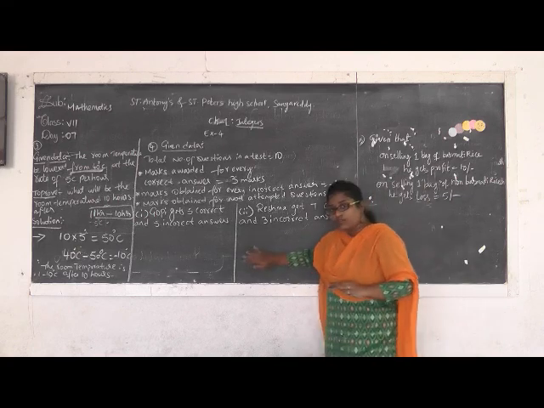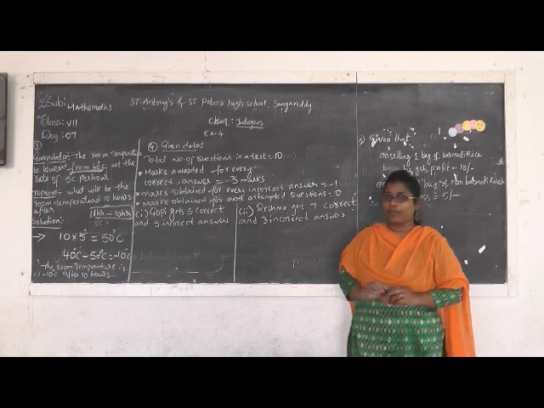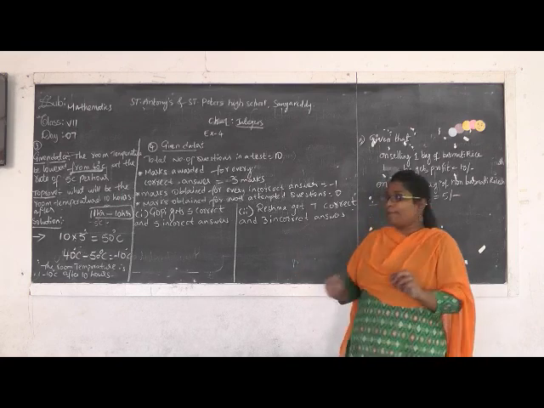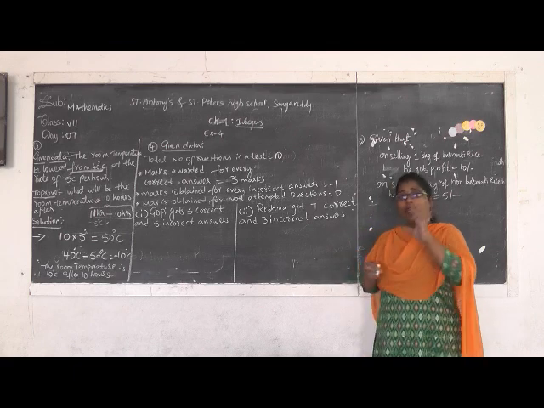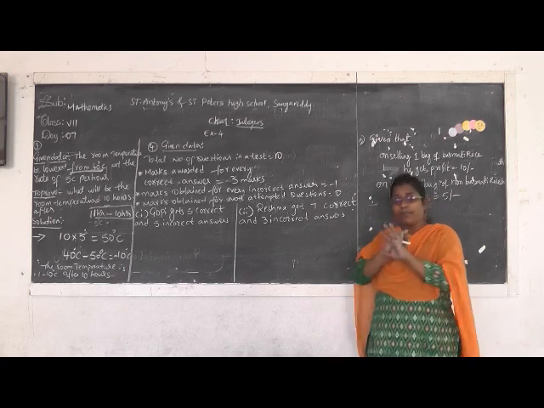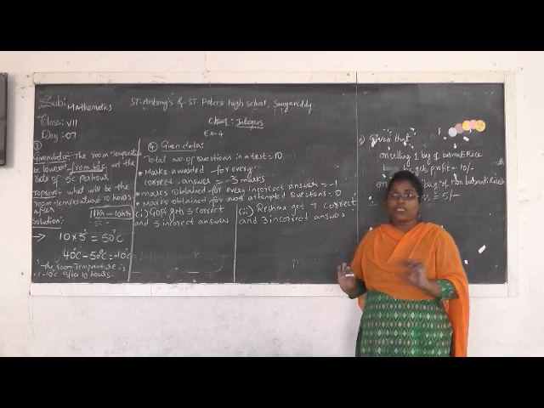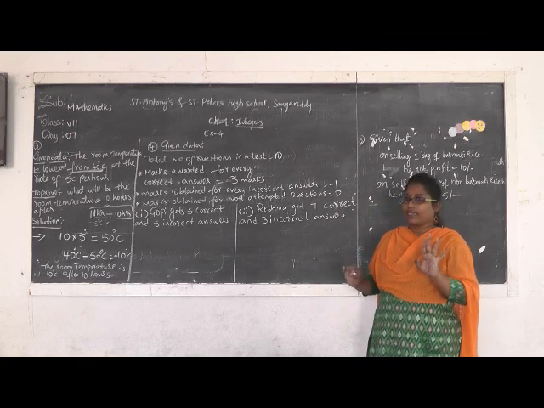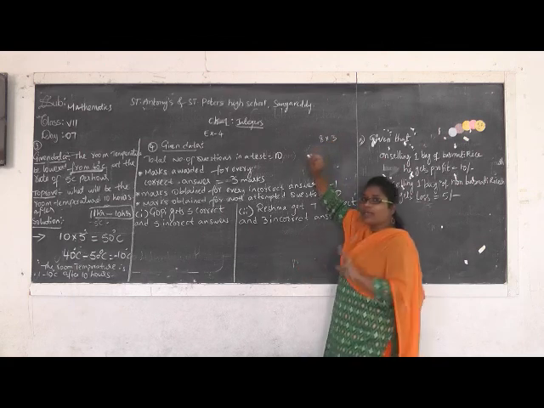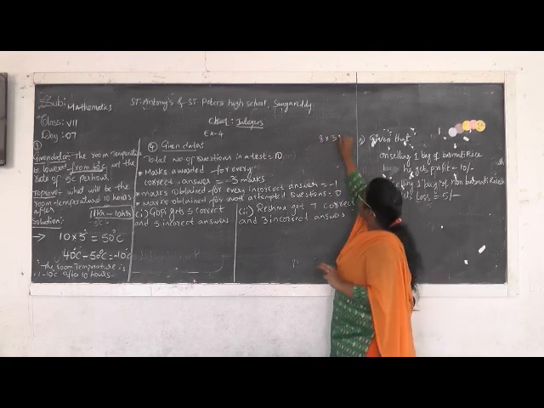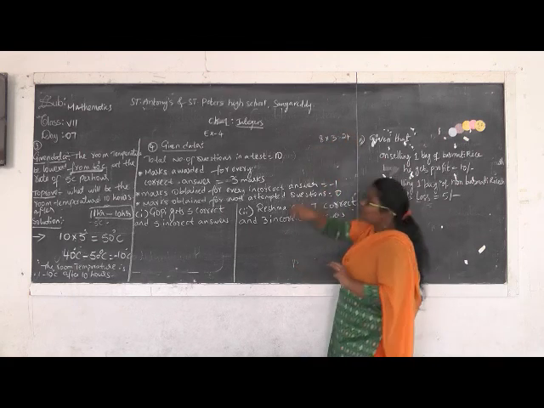Before going to this solution, let us take an example based on this question. For example, out of 10 questions, you wrote 8 correct. You completely wrote all 10 questions, and out of that, 8 are correct. So 8 questions correct means, for each question how many marks? 3 marks, right? So 8 threes are 24 marks you are getting.